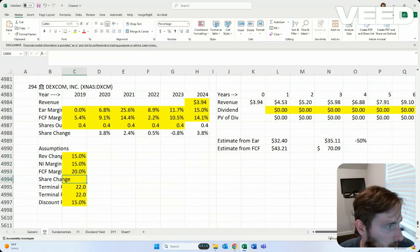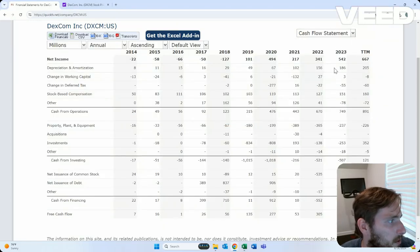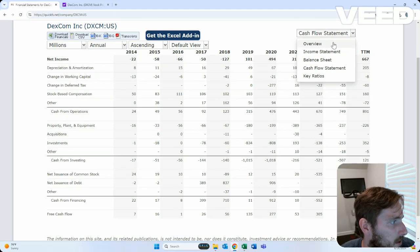So maybe I'll do a little bit of a story here, 15 and 20%. They've had 25% once in the last 6 years from earnings and operating and free cash flow margin. But I think that's more than possible. Their share change, 1% for them is about 280 million. And I'm just going to say they offset stock-based compensation. Well, actually, 280,